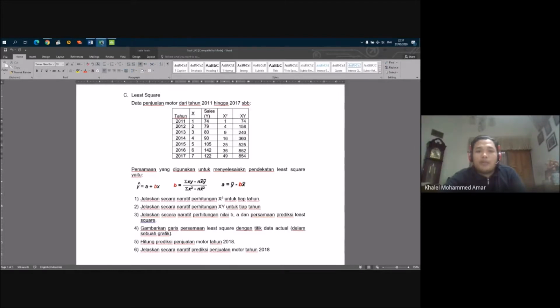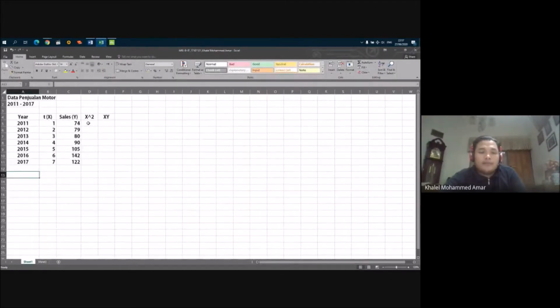I have copied it first to Microsoft Excel. So the x square is x square. Then we can drag it. Or you can also type x times x.